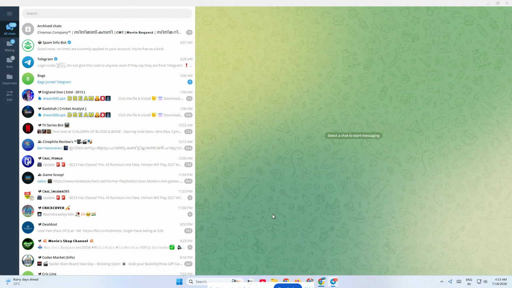If Telegram is lagging on your PC, freezing up, taking too long to load chats, or just feeling slow in general, don't worry. In this video, I'll show you 3 simple fixes that can help speed up Telegram desktop and make it run much smoother. We'll clear the app cache, turn off hardware acceleration, and adjust the auto-download settings so Telegram isn't using more resources